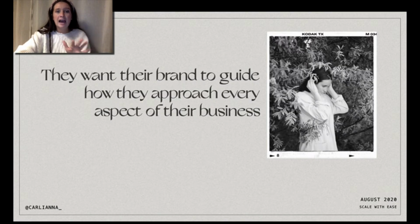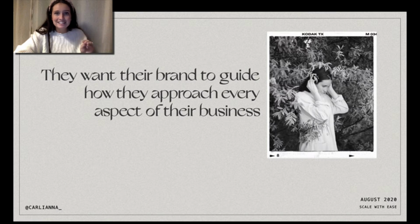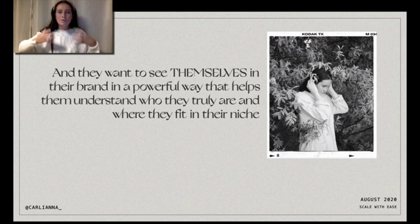They want their brand to guide how they approach every aspect of their business, from marketing decisions to hiring decisions to what should I post today. They want their brand to guide every piece of that so it becomes seamless and easy to make those decisions. And they want to see themselves in their brand, and see it in a really powerful way that helps them understand who they truly are and where they fit into their niche. Like, who am I? Who are the other people? They feel grounded in who they are,